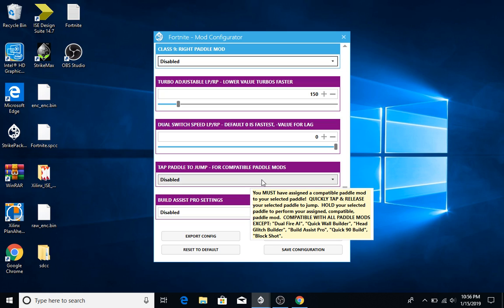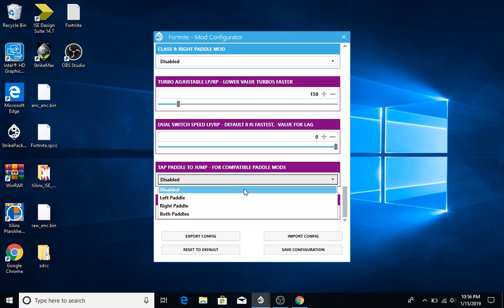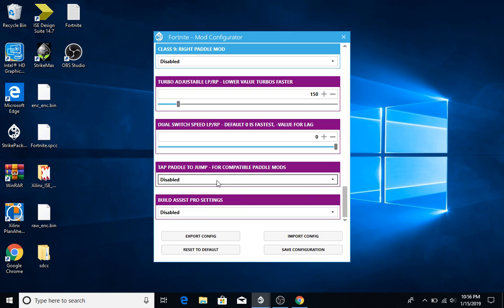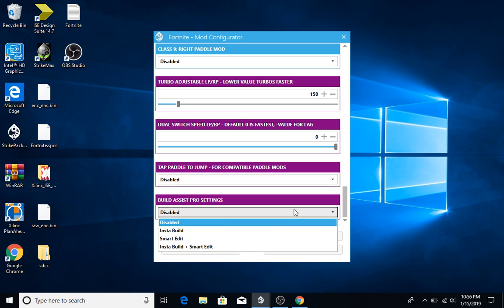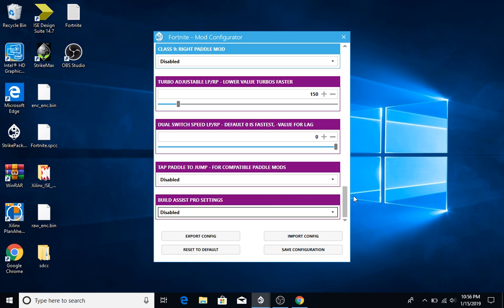Tap paddle to jump. I do use my paddle to jump, but it's just not necessary to have it enabled here in the settings for the mod, so I don't have it in there. Build Assist Pro settings. If you're using Build Assist Pro, you probably want Insta Build on. But yeah, that's pretty much my